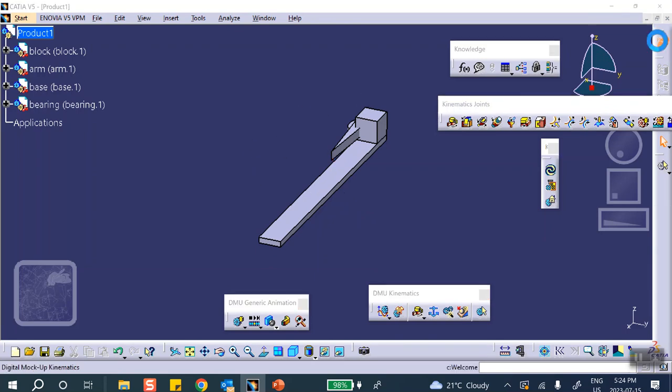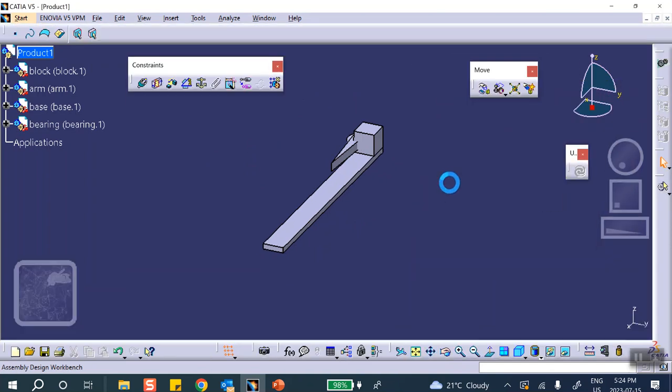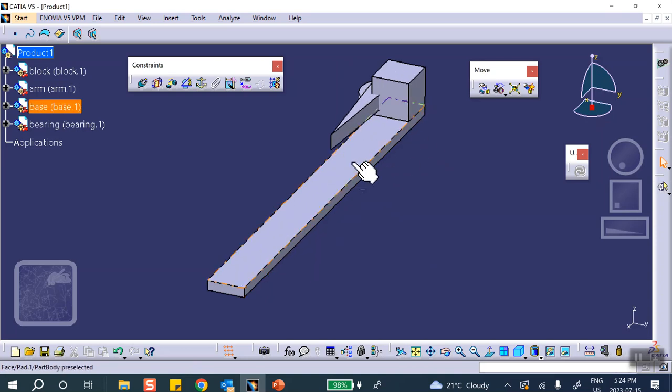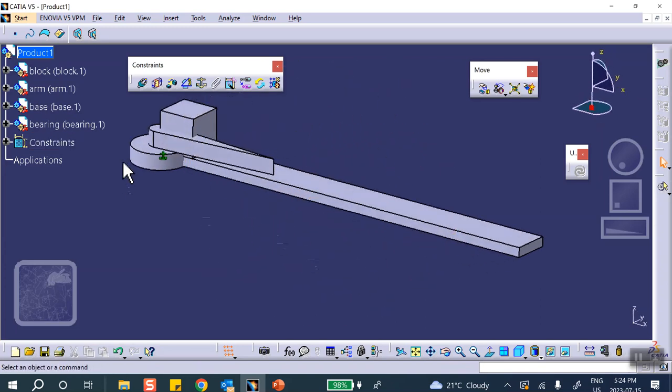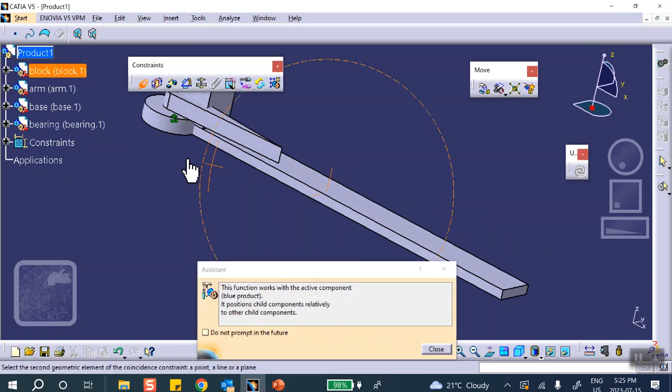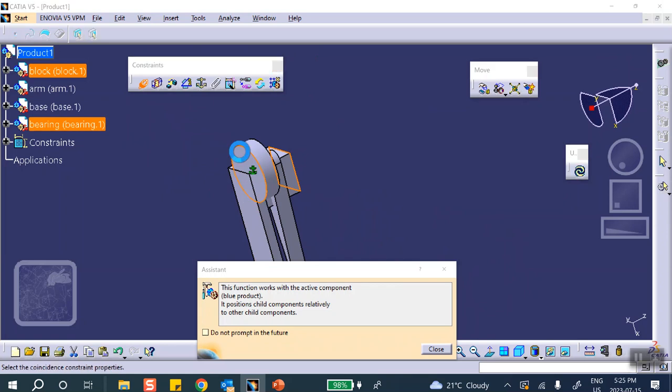Now, let's go ahead and create our assembly constraints. The first thing I'm going to do is anchor this guy. Now, notice that this bearing is going to go on top of that. Basically it's a rigid joint between this and that. So here's what I'm going to do. First of all, let me move it up for a second. So for example, this guy and that guy,